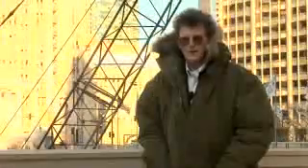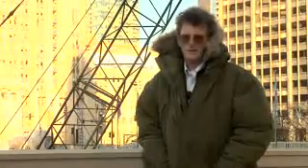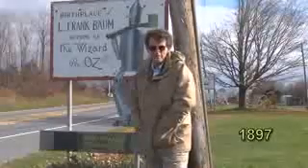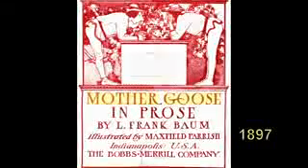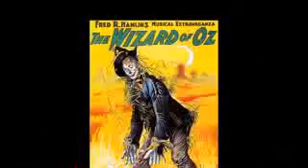Like most writers, he had to work multiple jobs to feed his growing family. In 1897, Baum wrote and published Mother Goose in Prose, illustrated by Maxfield Parrish. In 1900, Baum and Denslow published The Wonderful Wizard of Oz. The book was the best-selling children's book for 2 years after its initial publication. Baum and Denslow teamed up to produce a musical stage version of the book that was also a huge financial